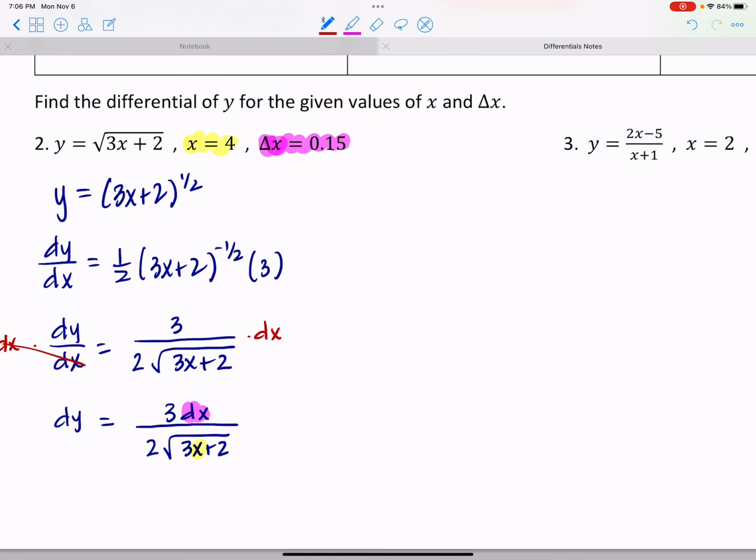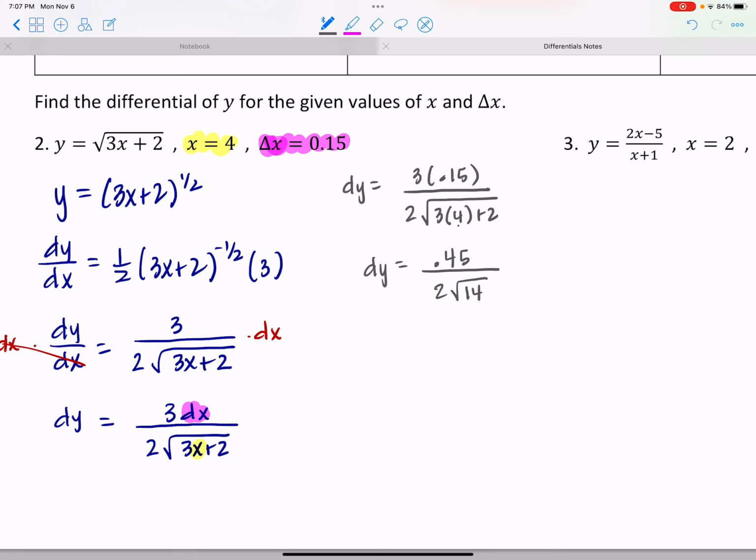So now we're going to say that dy is going to be equal to 3 times the differential of x, or the change in x is 0.15 there, and then we divide by 2 times the square root of 3 times x, which is 4, and then a plus 2. So we're looking at 3 times 0.15, and the numerator is going to be 0.45 in the numerator. 3 times 4 is 12, 12 plus 2 is 14, so I have 2 radical 14 in the denominator,